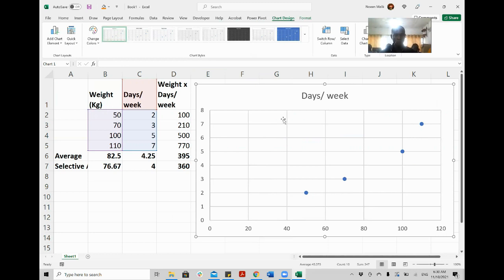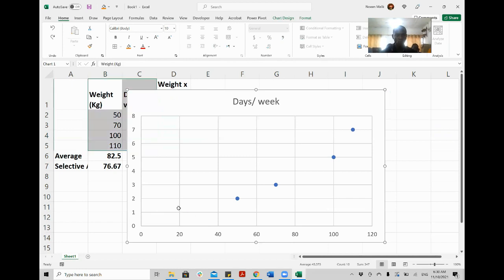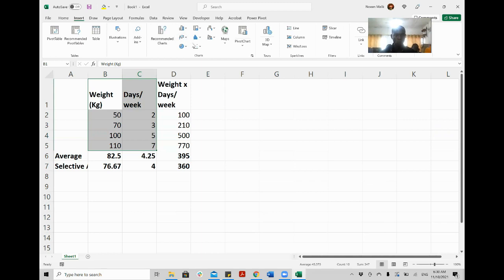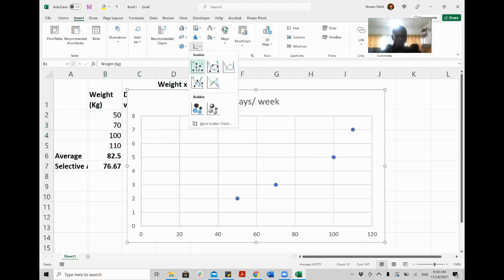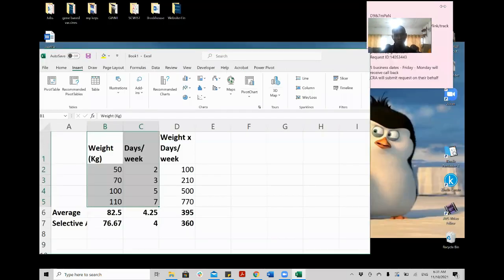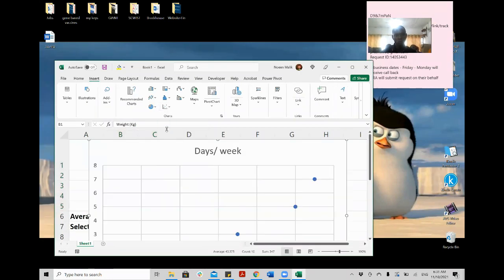Now I want to make this chart a little bit better. So I will go to quick layout. You see when, okay, let's go back first. So you see when I went to insert, I inserted under the chart areas, scatter chart. I click this scatter chart. You can see when I do that, there is nothing. But when I create this chart, another thing will come up here. You will see it. Let's see. So I have created it.